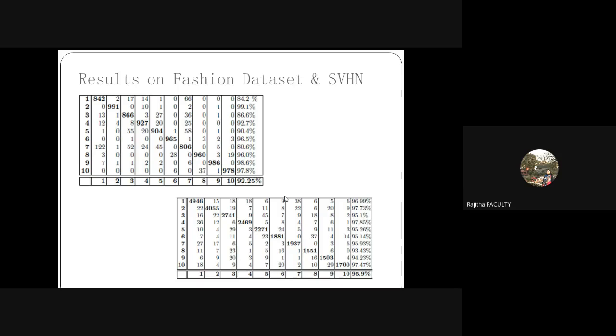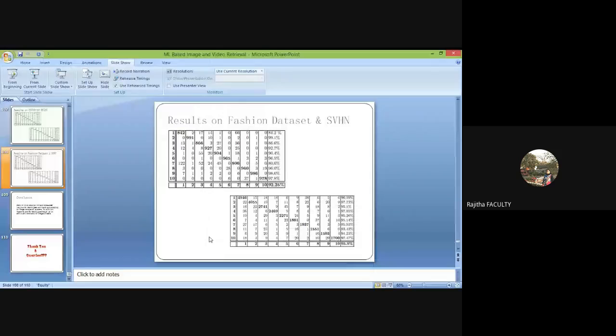One more thing I would like to conclude here: ML techniques can be applied in any field, provided you have the feature vector. But deep learning techniques can be applied only for images. Remember that. Deep learning techniques can be applied only for images because they take feature vectors block by block, so you have to work on a matrix. Matrices are generally for images. So deep learning techniques are applied only for images.